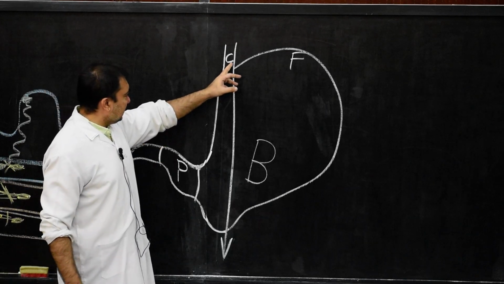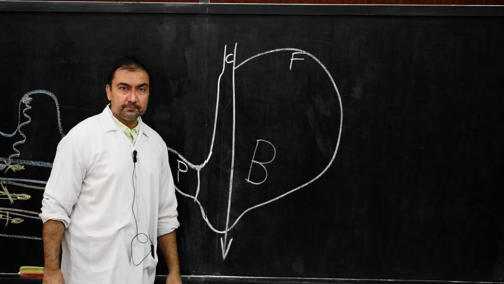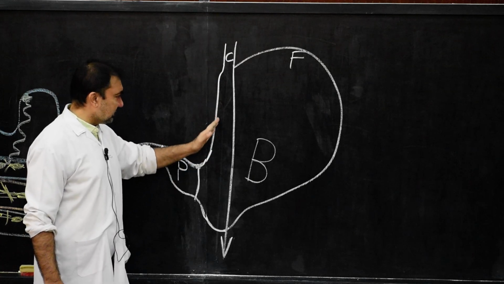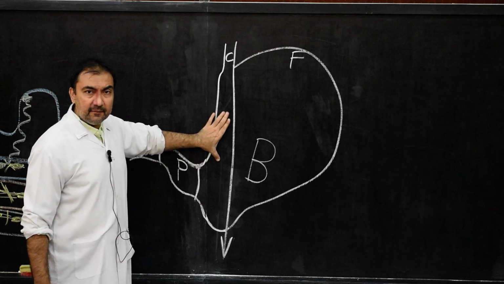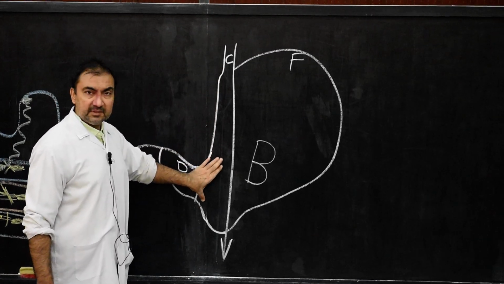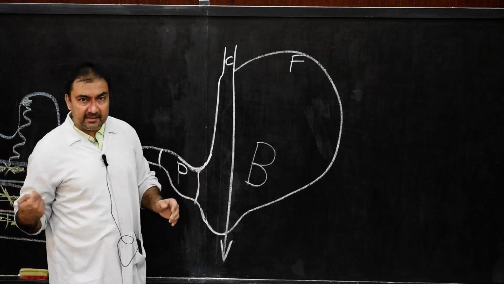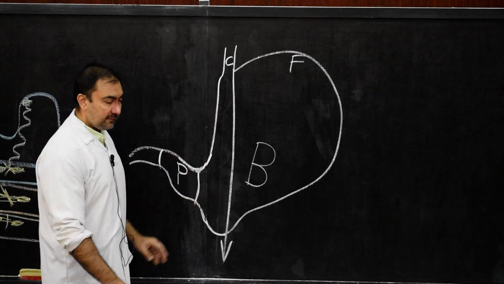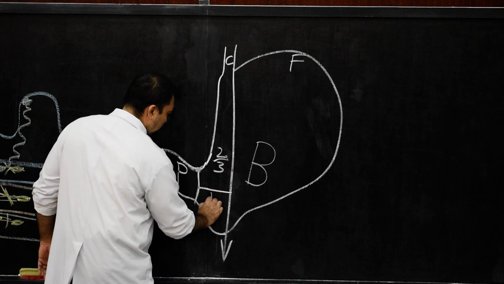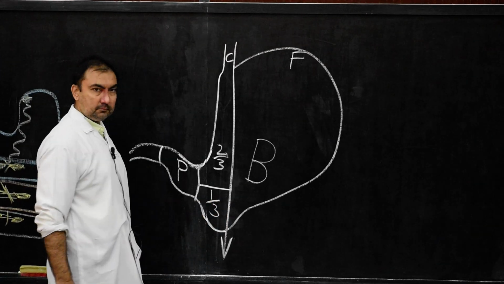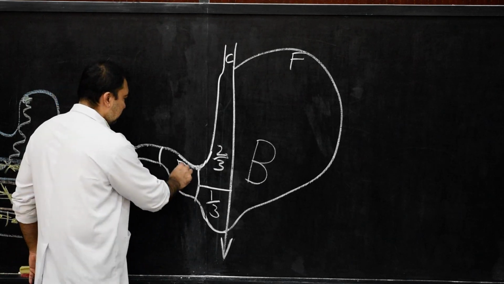Now, after drawing this vertical line from cardiac end of stomach straight down, we are having a portion of stomach on the left side, and we are having a part of the stomach including the lesser curvature on the right side. On the right side, we again divide the part of this stomach into upper 2/3, lower 1/3. So the portion of stomach which is on the right side of this vertical line, we will divide into upper 2/3, lower 1/3. And this part is the pyloric antrum.